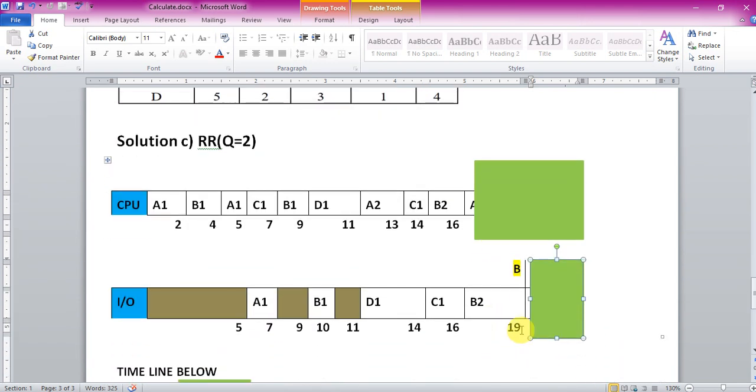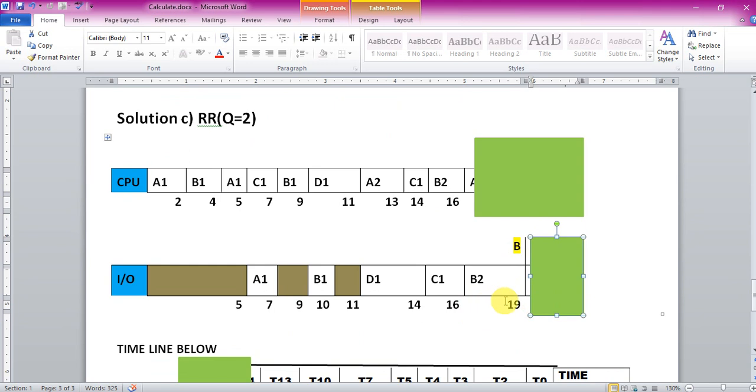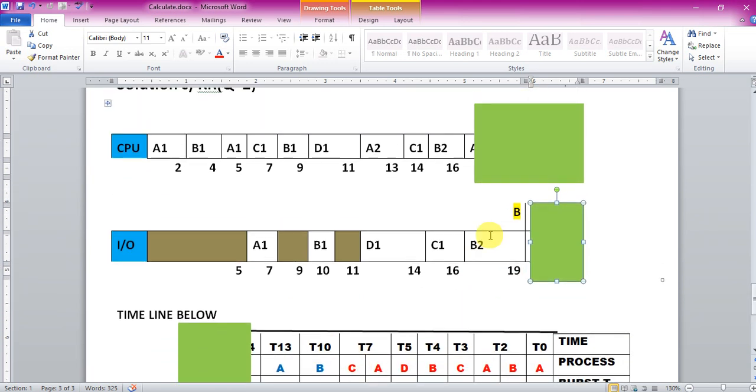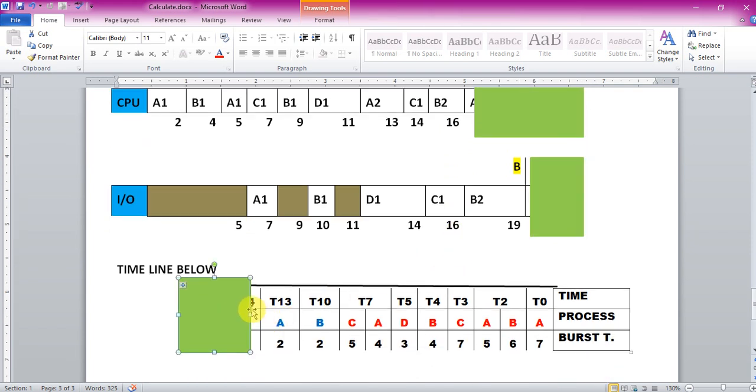So now the first process to leave the system is B, which has registered 19 as its completion time. So what's the next process? Okay, after C completes its first IO access,